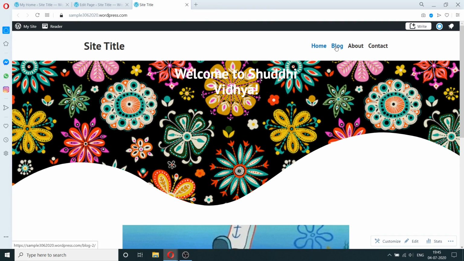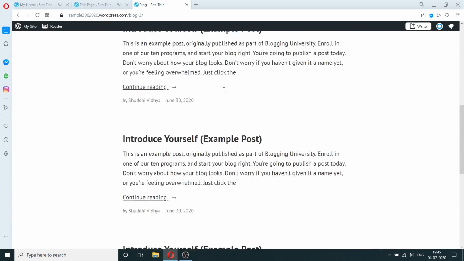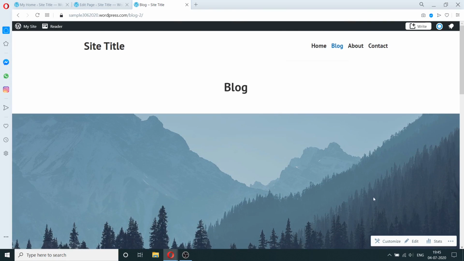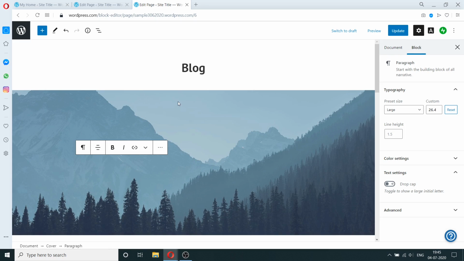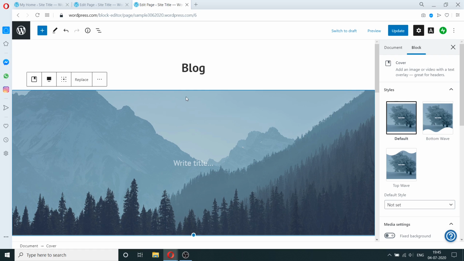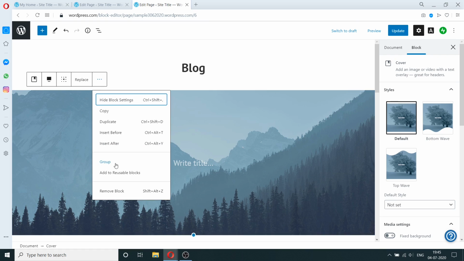The second thing is, let's go to the blog. Again, we can edit this page by clicking on the edit button. I'm going to make this really simple. I'm just going to delete this block.